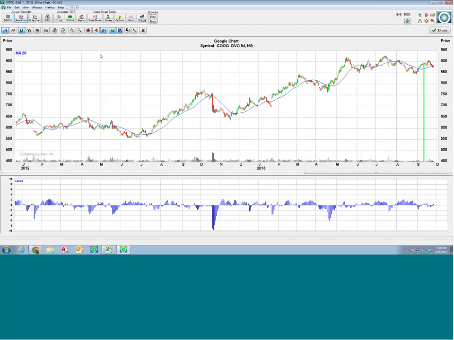So that's my quick view of how to get set up with OptionVue, and I hope that helps get you going, any of you new users. And for those of you that stuck around, even though you're already a power user, I hope you learned a couple of things and went over a couple of new items. But there's so much more to discover in OptionVue, so let me just show you how you would go about doing that. If you want to study it further, you can go to our web page at